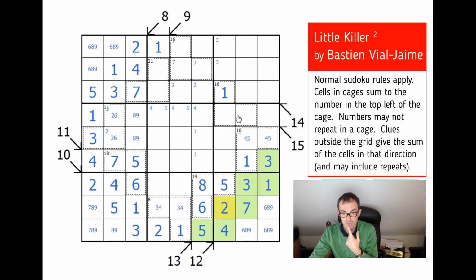Now, where does the 2 go in this block? It can only go here. Now I suspect we're now going to have to look at this shape. Let's colour that one in. We know these add to 15, we know these add to 15, but we don't really know how that...